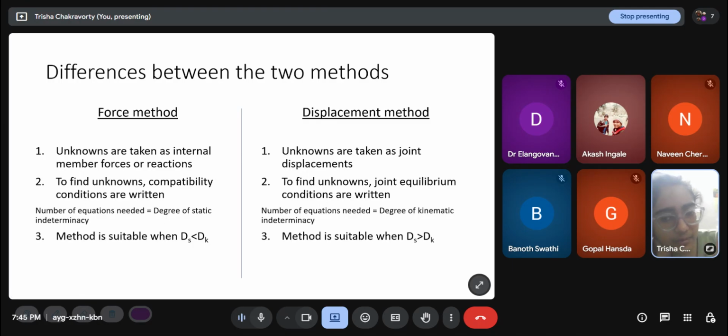Once I have the RB reaction at B, I can just treat it as a cantilever beam with a separate tip applied force. Once I can treat it as a determinate structure, I can do all the things I have done before, like find out the BMD, SFD, and the deflection profile. That is fine. Yes.